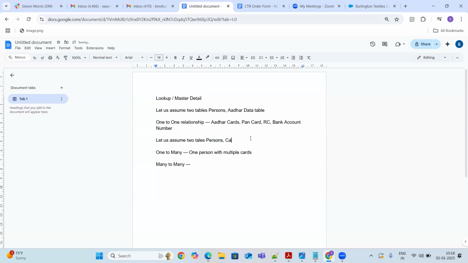It's not cards data separately. Let us assume we have different tables, not only two tables, like persons, Aadhaar data, PAN data, bank accounts data.